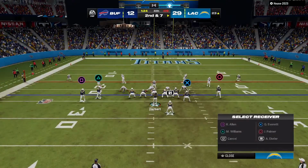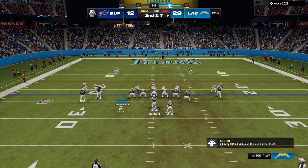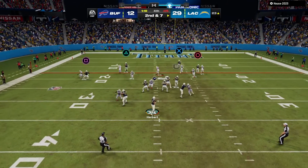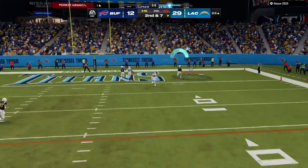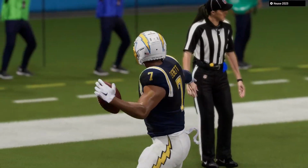They'll come up 2nd and 7. With the late lead, Herbert's going to throw it. And this is caught. He's got it. Touchdown,